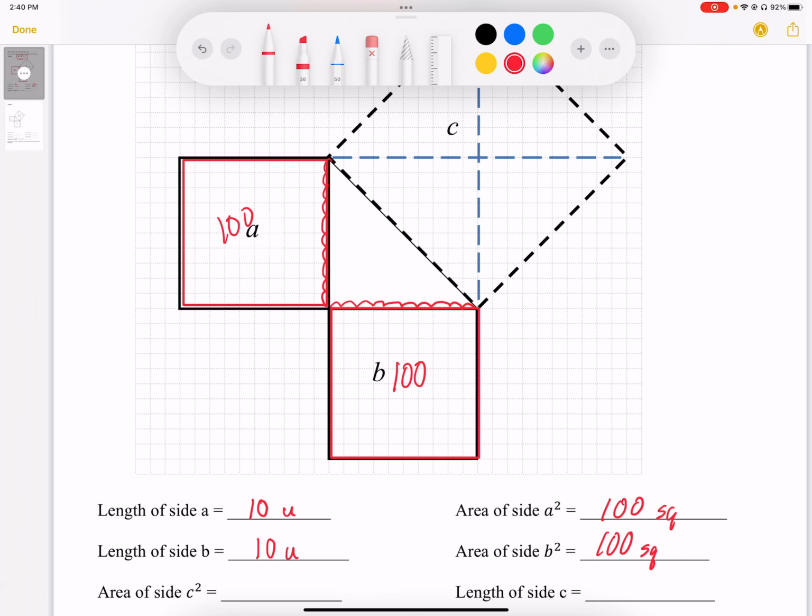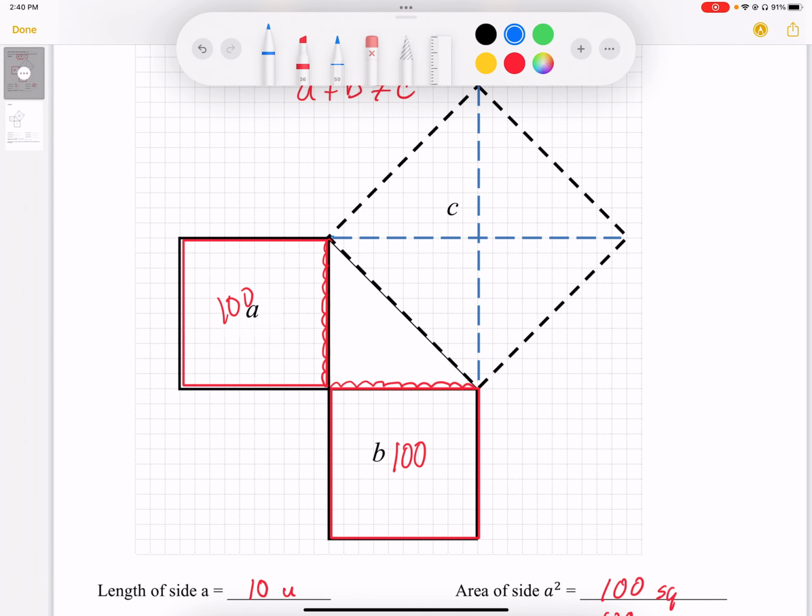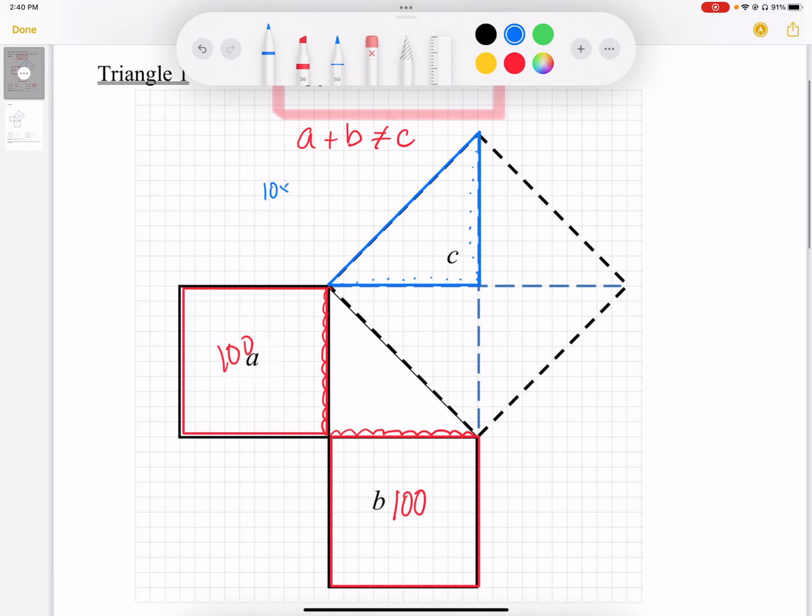And what we want to do is check that c squared is going to be the 200 that we expect. So we're going to break up the c into triangles and calculate the area of c squared. So this is going to be 10, 1, 2, 3, 4, 5, 6, 7, 8, 9, 10, and 1, 2, 3, 4, 5, 6, 7, 8, 9, 10, all the way to the corner. So we know that's going to be 10 times 10. It's a triangle, so we divide by 2, and we get 50. And we can start seeing that if these are each 50, we can actually make a square from